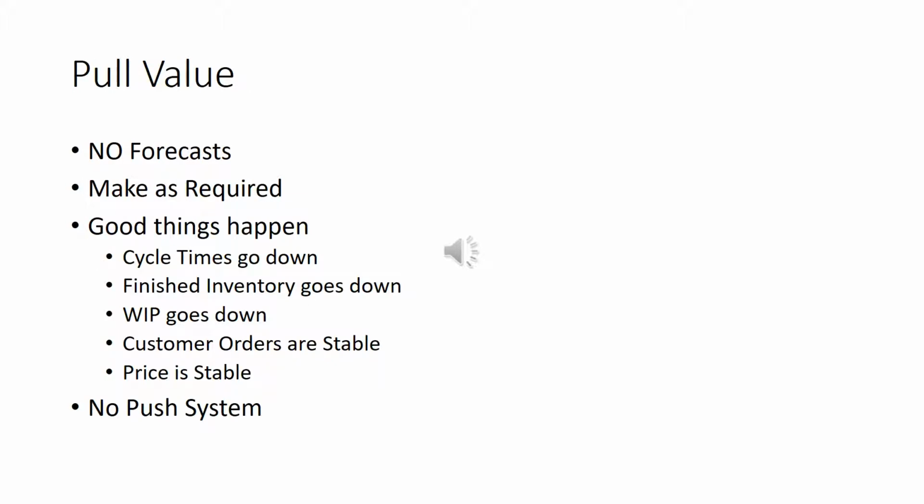So you do your value stream map, and you get the lead times down to hours, if not minutes, right? So what you want to do is use this thing called pull value. I'm going to lean on Womack quite a bit from the 90s. The big thing about this is you make no forecast. Back when I was a product manager, they always asked me how much we're going to sell next year. And I'd have to make a forecast. Well, I didn't have any idea, right?